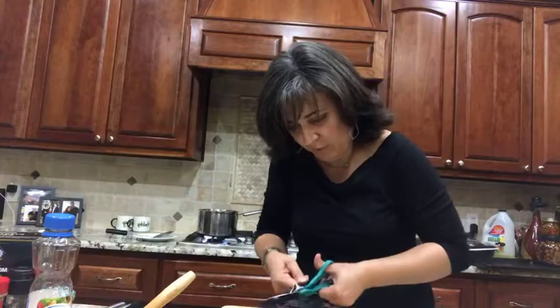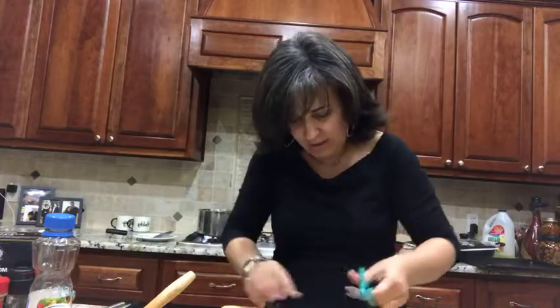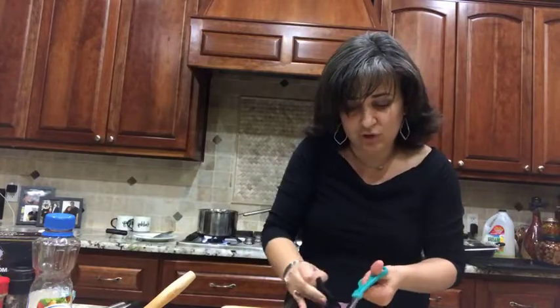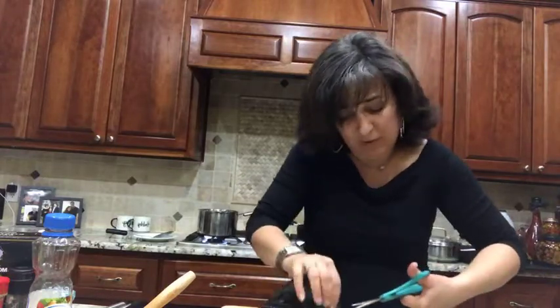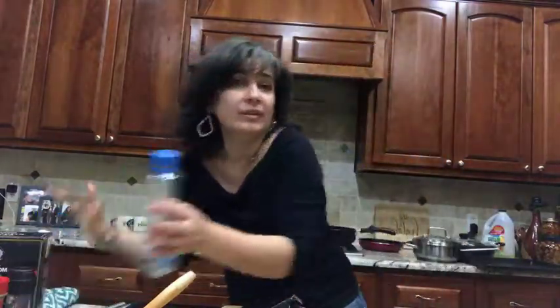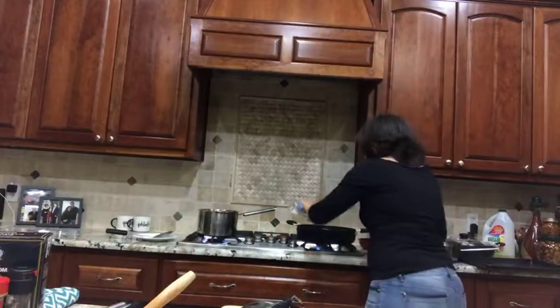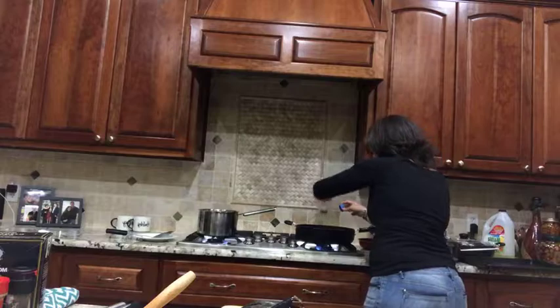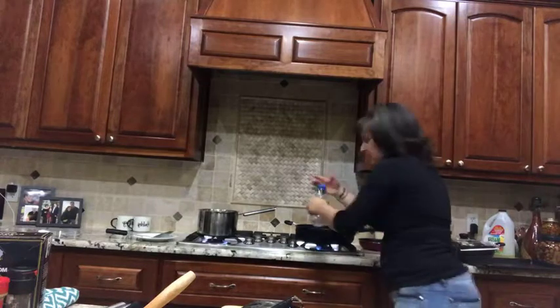You pick whatever beef you want. Some of them are the super lean, the extra lean, some of them are the ground chuck. It's up to you, it's your preference. I'm not gonna be like, oh no, you have to use this kind of beef. No, because each one has a preference in how they like their beef. If they want it with more fat or less fat, it's up to you. So I'm just gonna put a little bit of oil, and